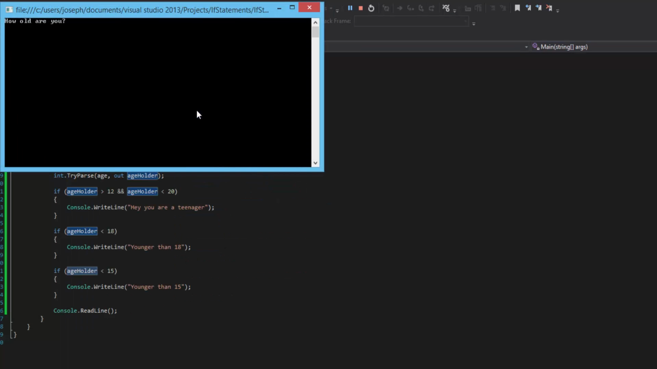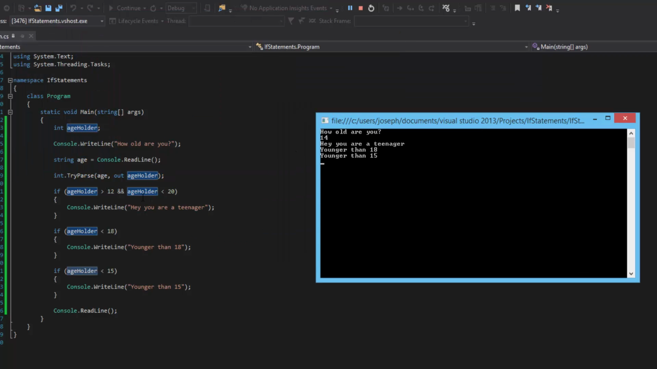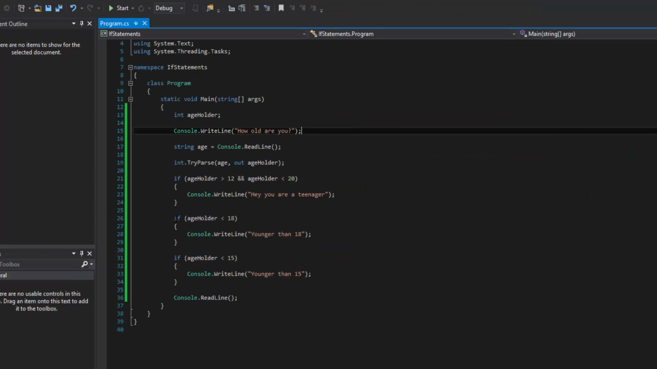So let's go ahead and demonstrate that now. So notice that all of them executed. So yes, you are a teenager. Yes, you are younger than 18. Yes, you are younger than 15. So all of these are true. And why am I doing this? Well, because this is what really differentiates between an if and using an else